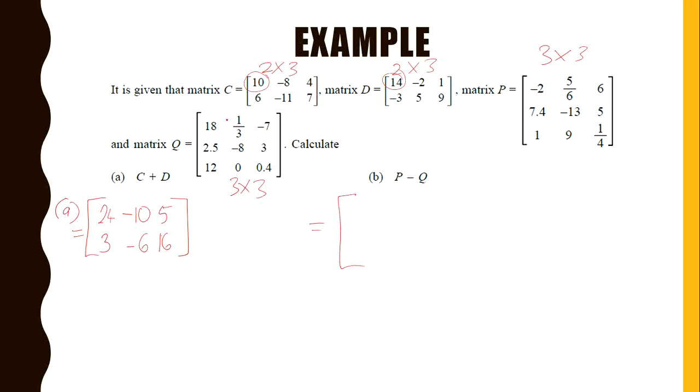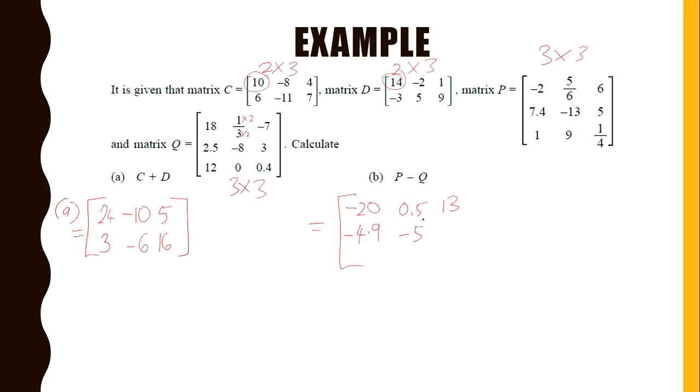Negative 2 minus negative 18, we have negative 20. 5 over 6 minus 1 over 3, we have 0.5. 6 minus negative 7, we have 13. 7.4 minus 2.5, we get negative 4.9. Negative 13 minus negative 8, we get